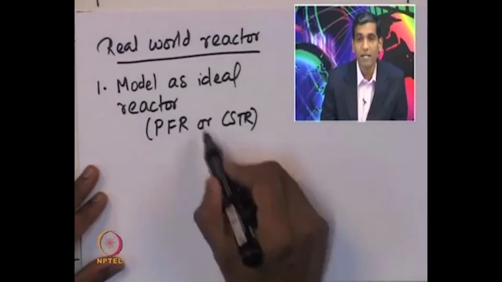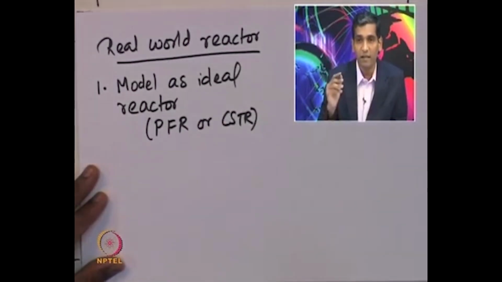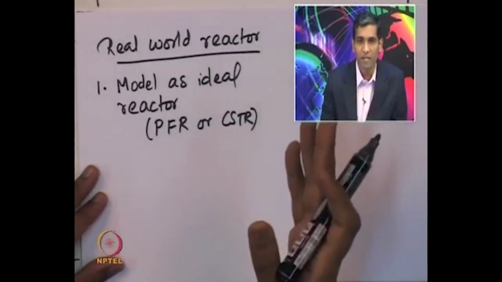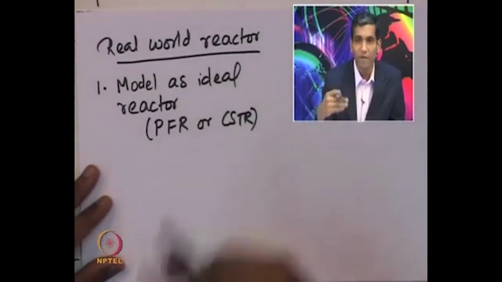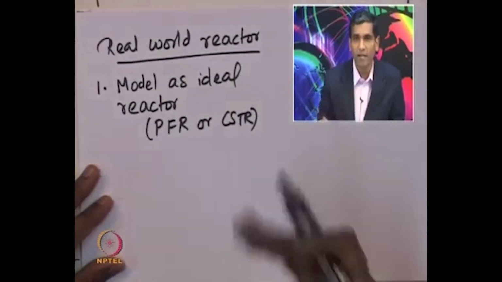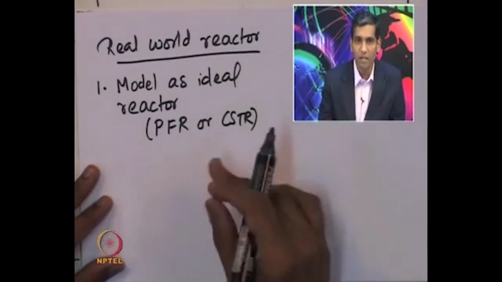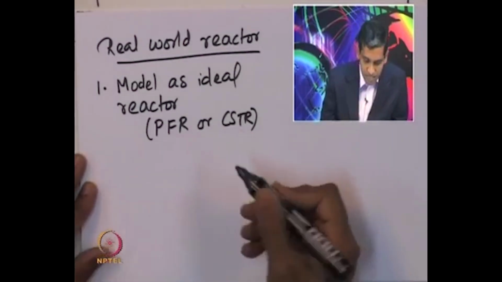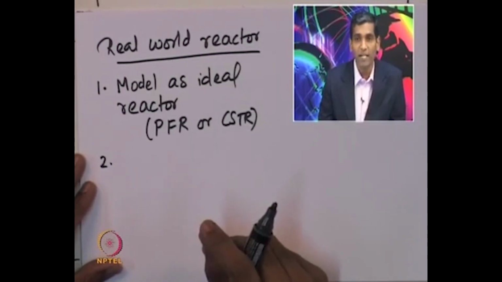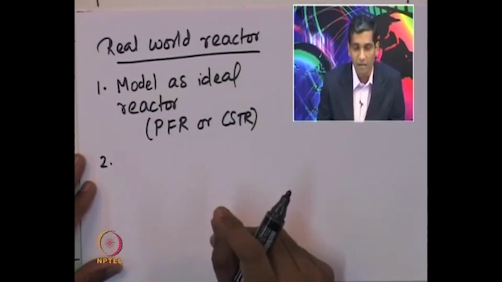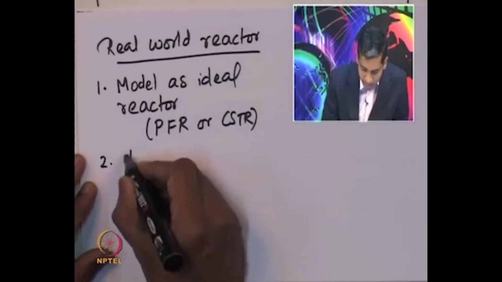Remember that even in a CSTR, the residence time is not same for all the particles that actually go through the reactor. However, it is a thoroughly perfectly well mixed system. So, it has certain ideal properties, and we will see in a short while how to characterize them. And then suppose if this model does not predict the actual behavior of the reactor, then one needs to actually introduce